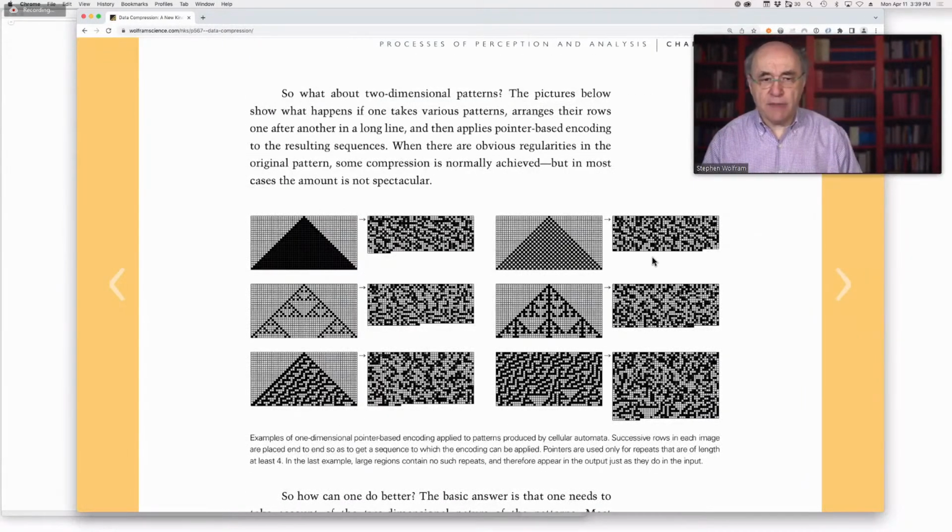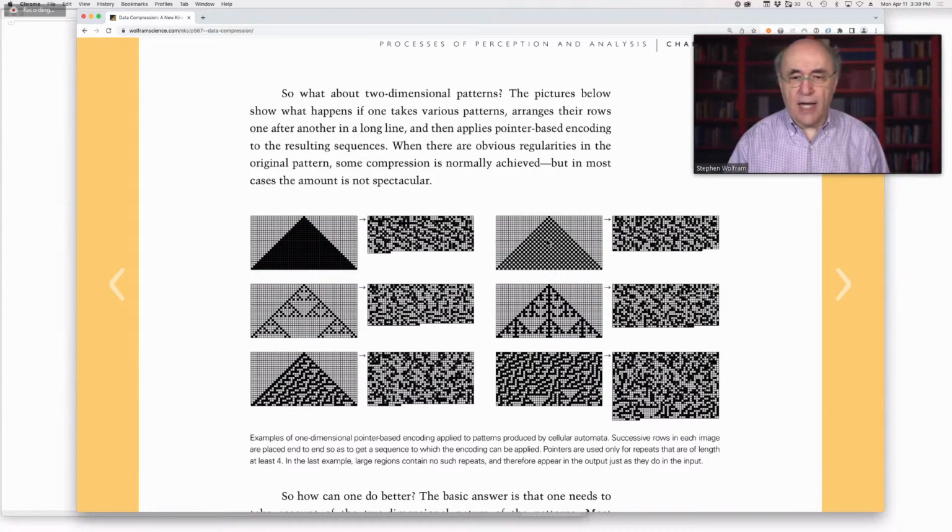Again, let's try pointer-based encoding for these patterns. And we see that, for example, things like this do pretty well. They really get compressed well, about the same as this got compressed. Remember, when we were doing things like run length encoding, this was horrible because run length encoding couldn't recognize the regularity that this is a repeating sequence of black-white cells. But pointer-based encoding can, and it successfully compresses most of the things here that we can see have visual regularity in our visual system. But it doesn't succeed in compressing this one that indeed looks more complicated.